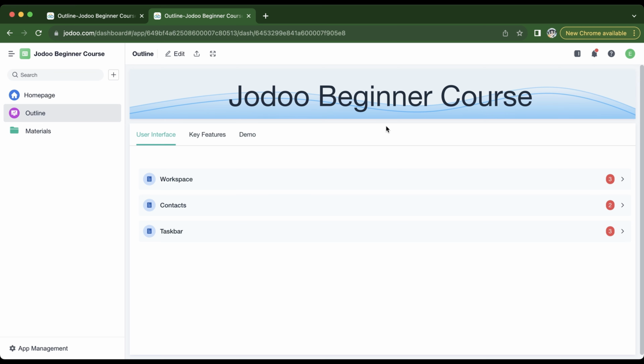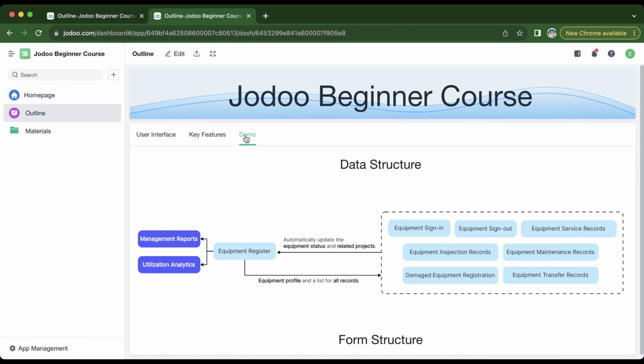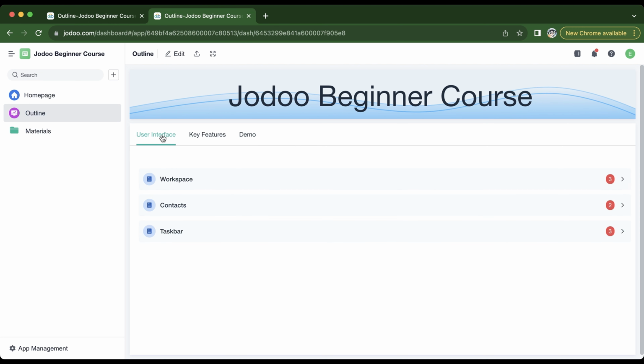We've got 3 sessions dedicated to understanding the user interface, 8 sessions to explore the key features, and 1 session where we will delve into practical app building and guide you to the latest resources. To kick things off, we will begin by getting you familiar with your Jodoo homepage. We will explore the workspace, acquaint you with essential features like contacts, and introduce you to the other crucial elements